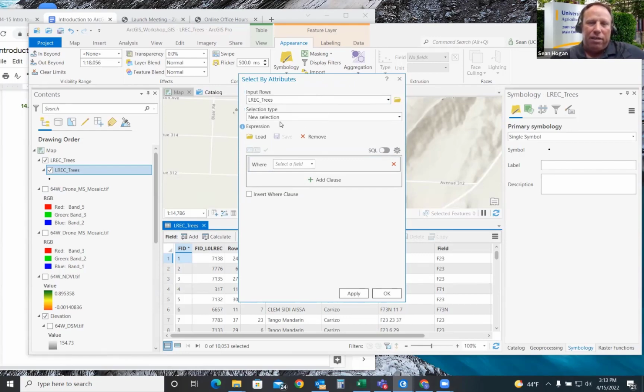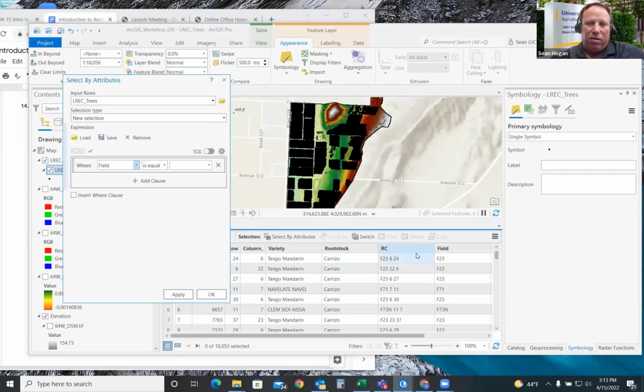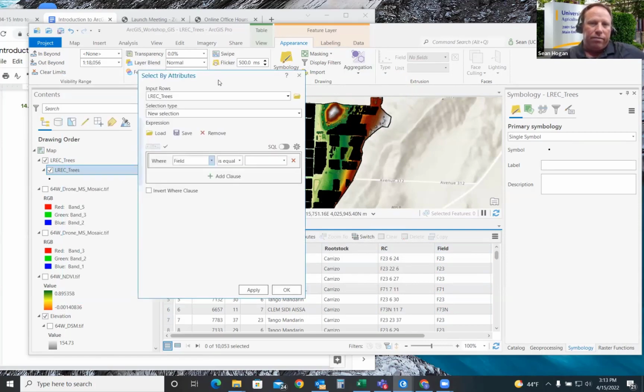We're going to create a new selection, and under the first drop down, we'll select field. Because if I drag this over, you can see field has the field number that's associated with it for each different orchard area.